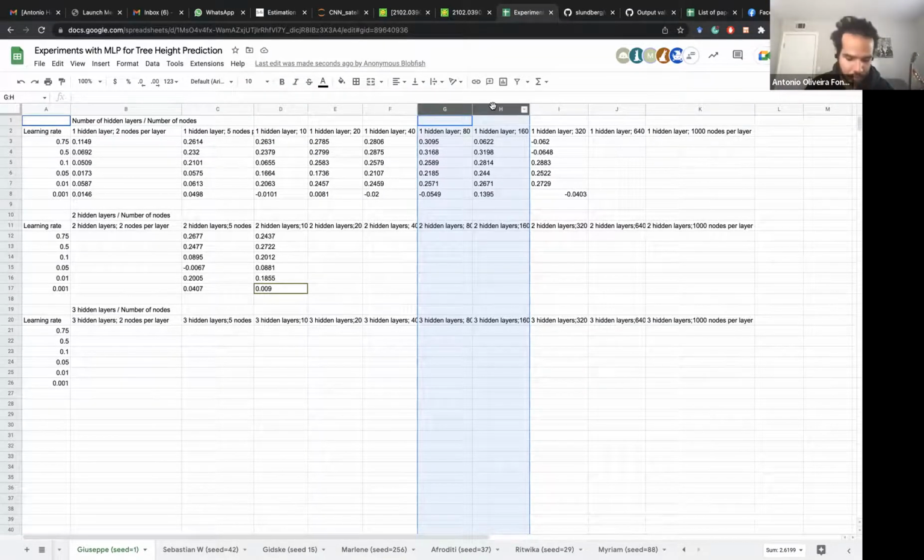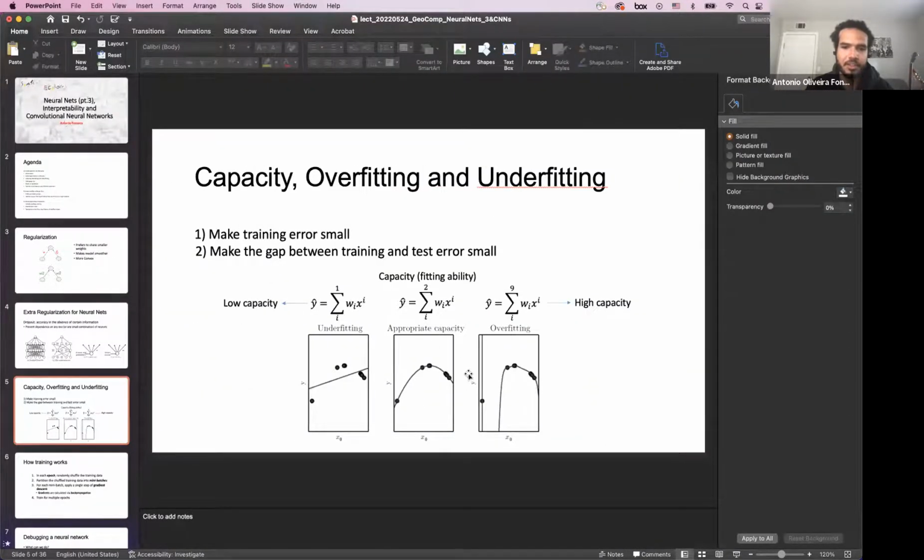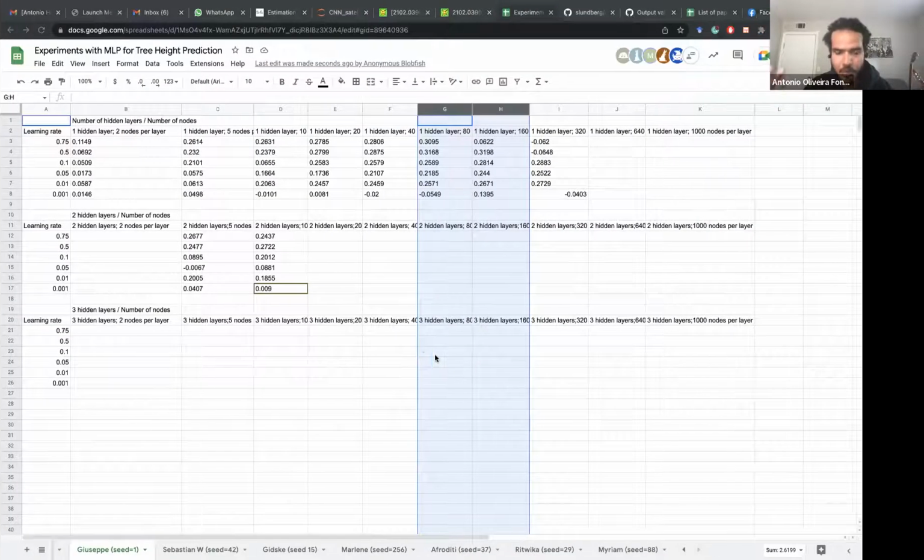Right. I think I mentioned in the previous lecture that there is a mathematical way of proving how many layers you need in theory to cover the complexity of the problem, which goes in the same direction of what we discussed here. There is a turning point where increasing the number of nodes and layers would increase the likelihood of overfitting. But in practical terms, that's usually what you observe, for example in this